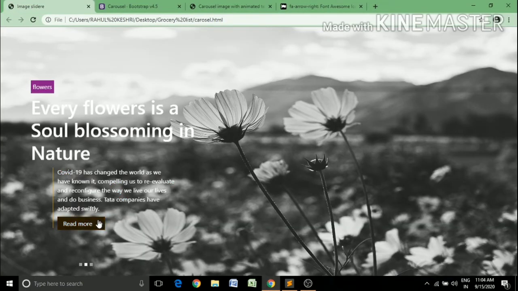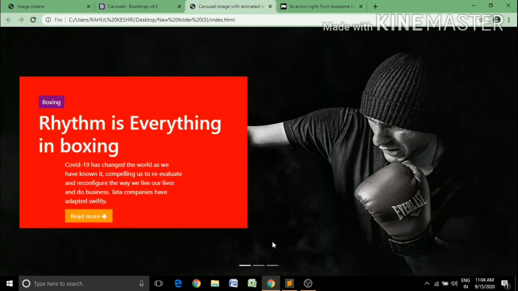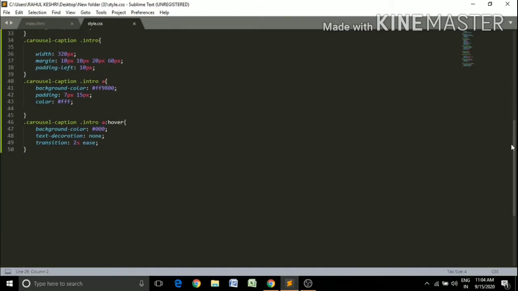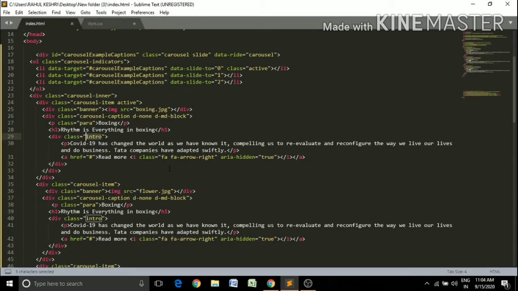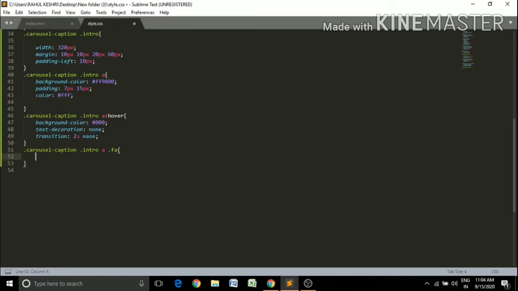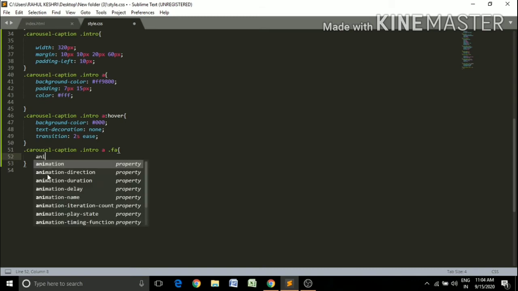Now here you see that the icon is animating in the x-axis. So how can we do it? Simply copy the class name, dot fa, fa, and here give the animation name.